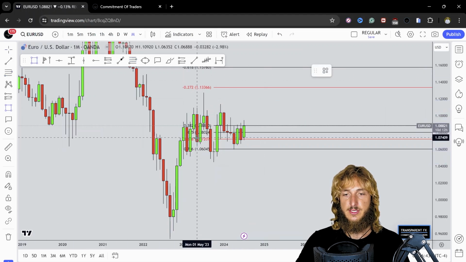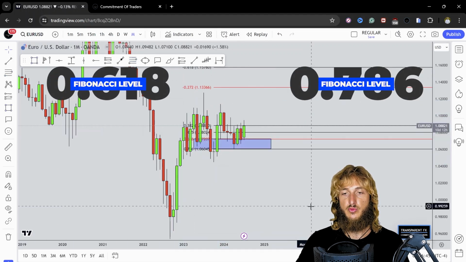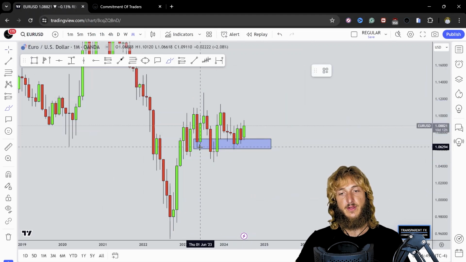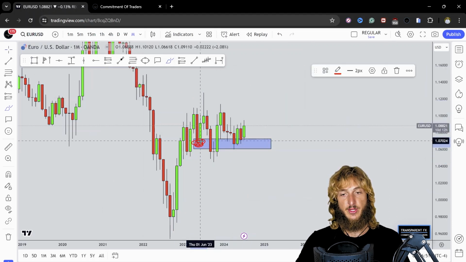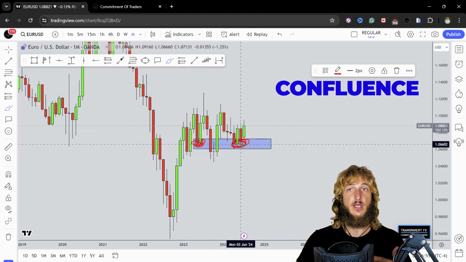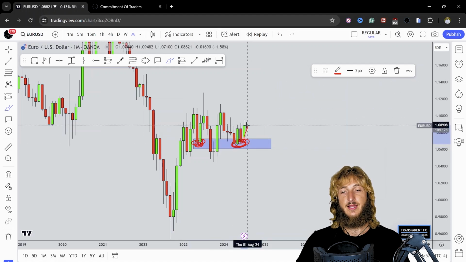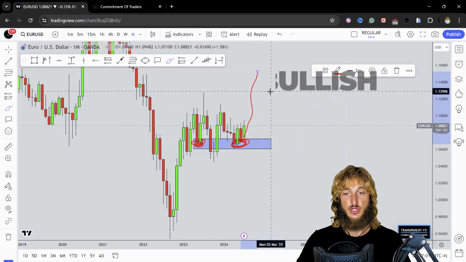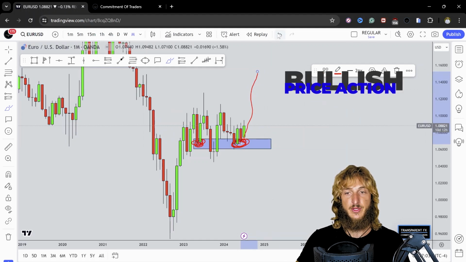And what we can notice is that we have the 0.618 and 0.786 Fibonacci retracements, which are lining up perfectly with this previous area of support and demand. So actually we have confluence of support and demand here. The market has already started rejecting the level to the upside. So there is definitely the possibility of seeing even more rejection to the upside being created away from this level,